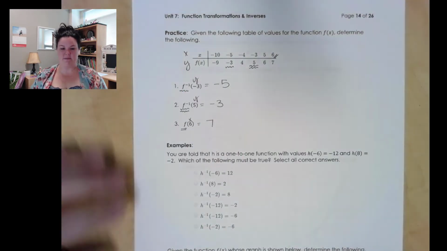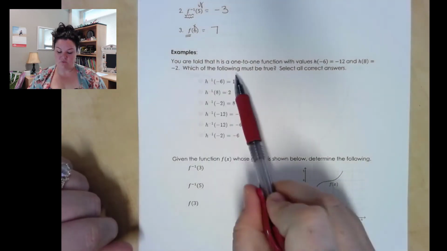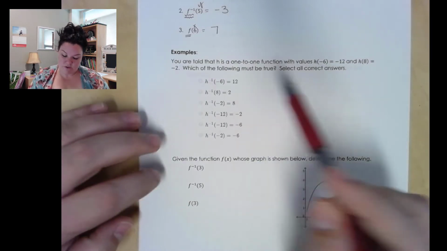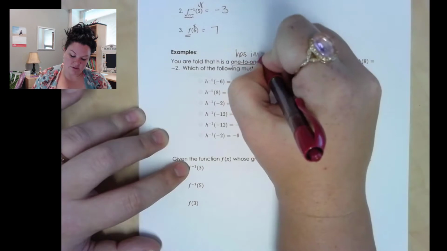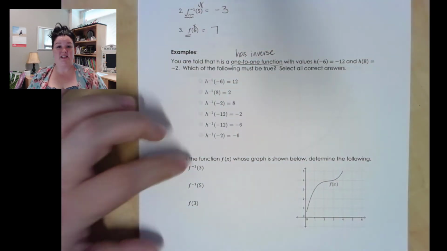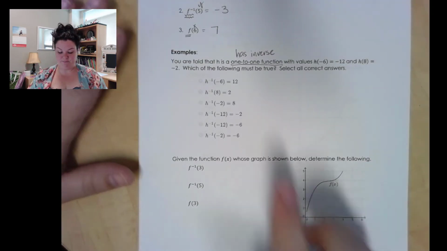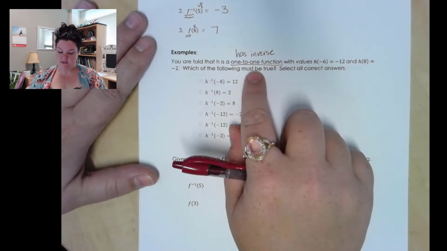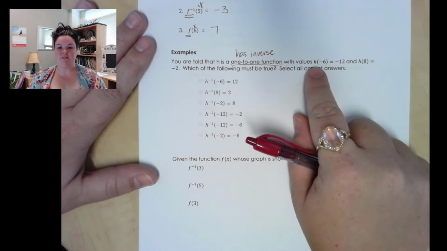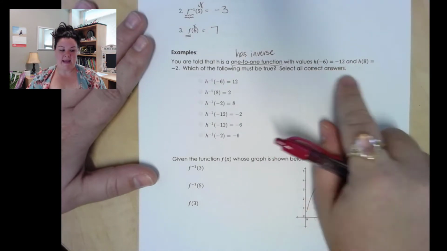So that's what these next examples are going to show us. This one says, you are told that h is a one-to-one function. When you see that it's a one-to-one function, that means that it has an inverse. So anytime you see that it is a one-to-one function, or we've created a domain that allows a one-to-one function, all that means is that it passes the horizontal line test and we have an inverse. It tells us that h of -6 equals -12, and h